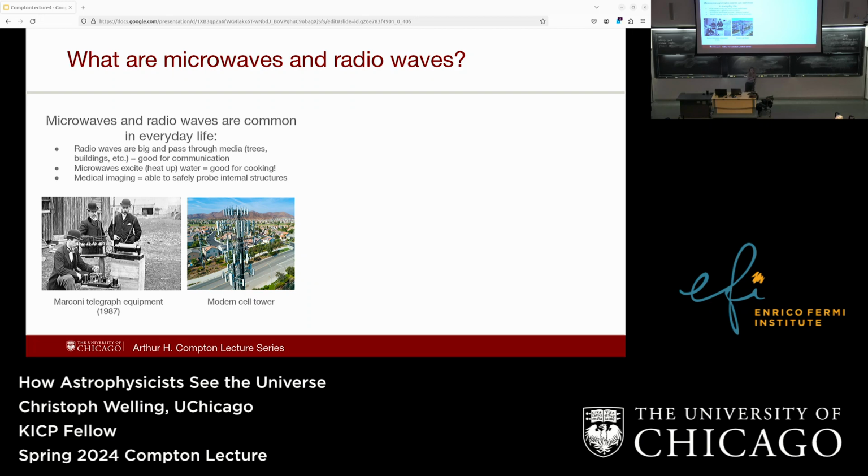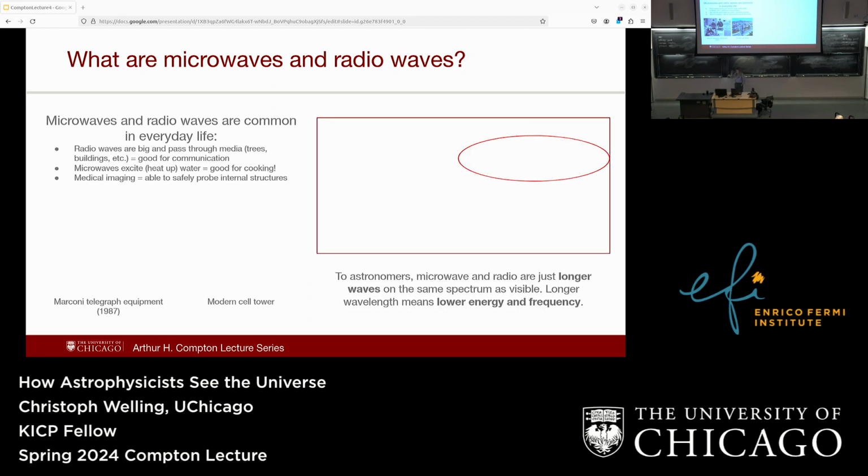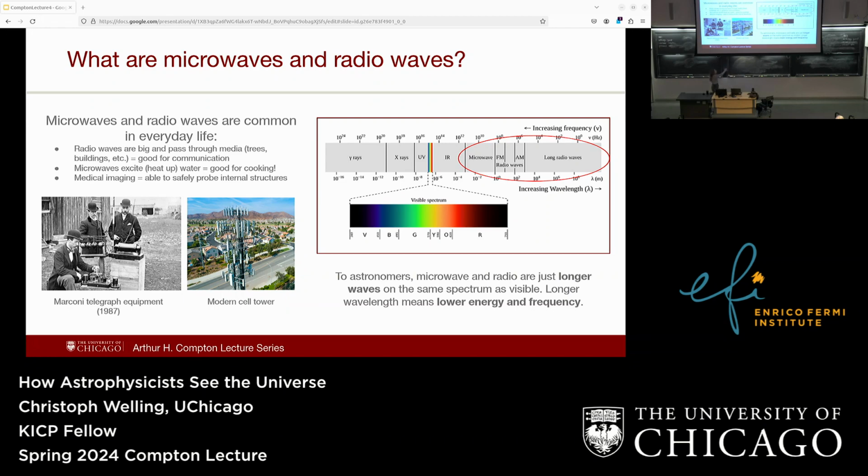What are microwaves and radio waves? So this graphic should look familiar. You have an electromagnetic spectrum of which we are familiar with only a very, very small bit. We can see just those colors that our eyes have been evolving to see for millions of years. And we can't see all this other richness to the electromagnetic spectrum. You may have learned about X-rays, gamma rays, and UV. Those are on the higher energy side of the scale, with smaller wavelength and higher energy.